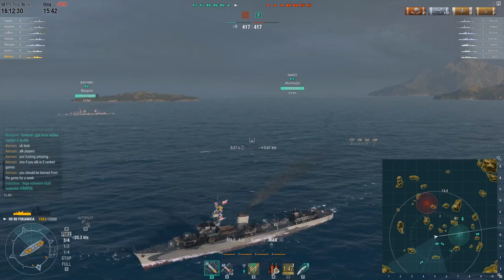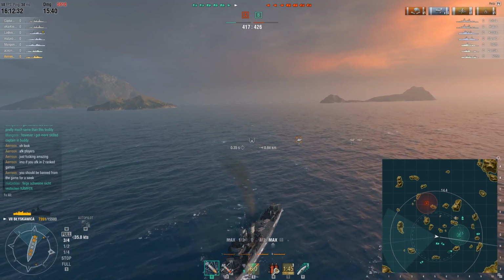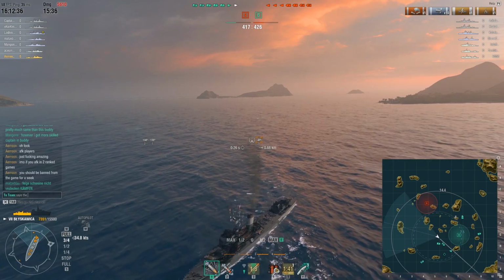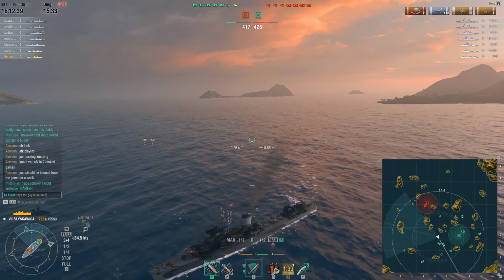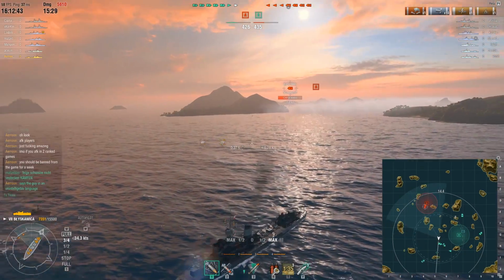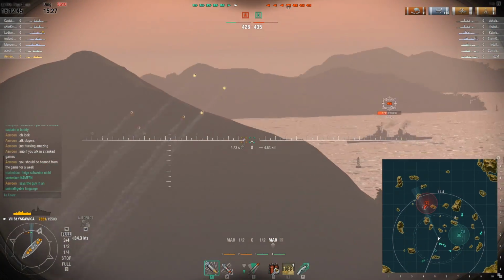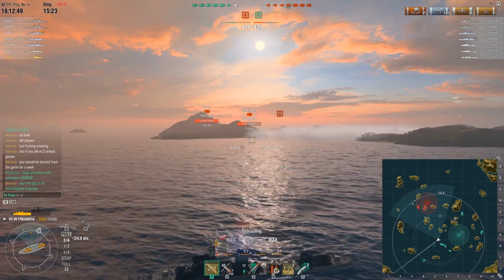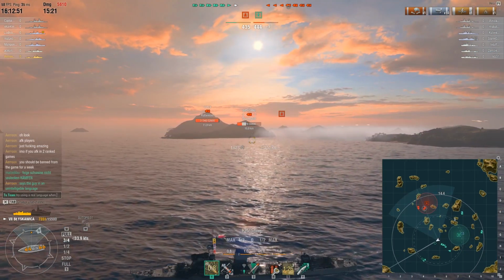I don't know what our Nagata is doing. He seems to be AFK, and I don't know what our second DD is doing either, because that guy is sitting behind really far islands. He is literally behind everyone, except the AFK guy, of course. But seriously,